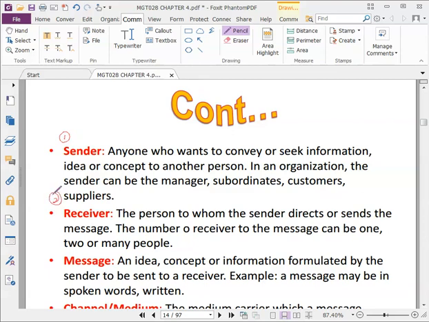Okay, the second one is receiver. Okay, receiver is the person to whom the sender directs or sends the message. Okay, dekat siapa sender tu hantar message, okay, dan itulah nama dia adalah receiver. Okay, the number of receiver